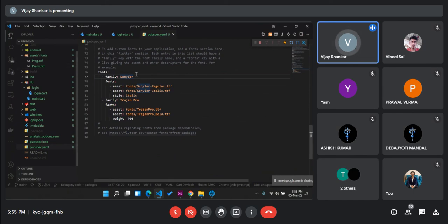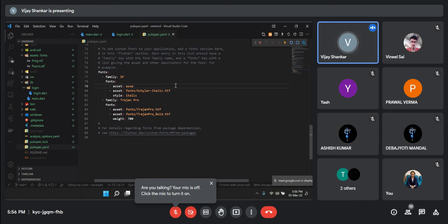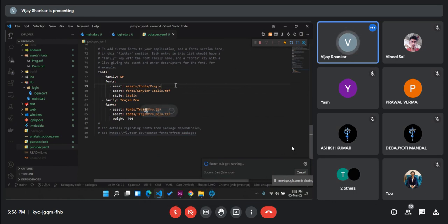In the family, this was the SF family, so we'll add SF. And in fonts, we will add the location, which was assets/fonts/SF-regular.otf,